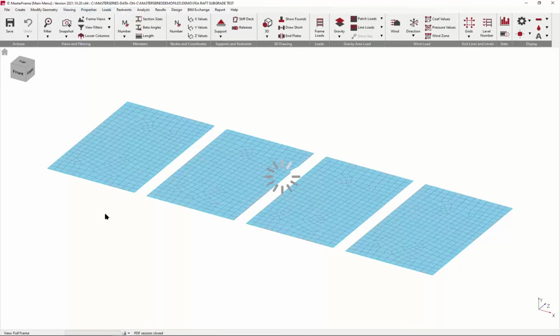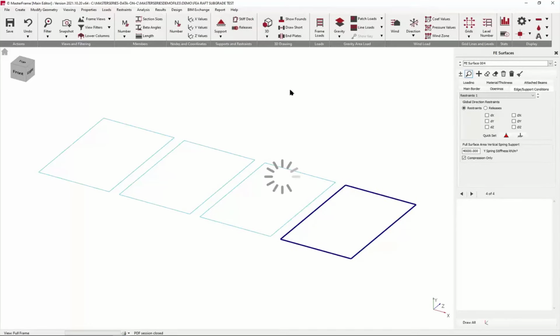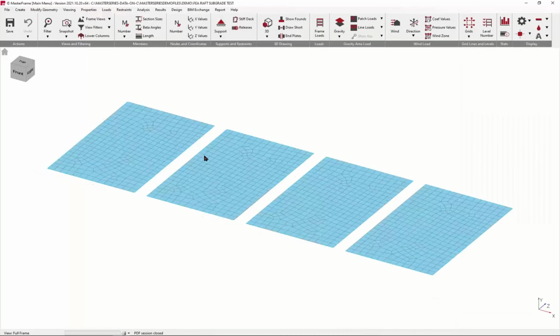What's different is the support conditions. So when you're doing a raft, you use something called the subgrade modulus. So here we have a value of 10,000. Here we have 20,000. Here we have 30,000. You can see where this is going. And here you have 40,000. So let's go and analyze. Static analysis. Because it's subgrade modulus, because it's spring supports, it's doing a slightly longer analysis because it's an